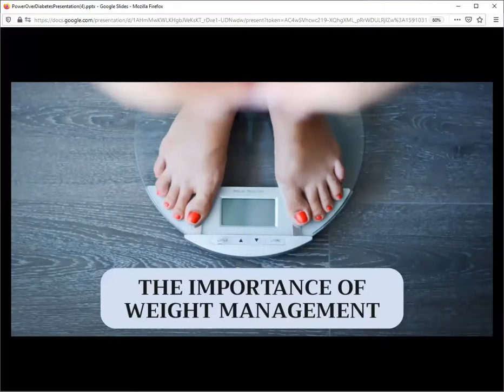So the importance of weight management. Sometimes this is a real fight for folks, and I get it. I get it. And there's always a reason why, right? So as the trend of obesity increases, so does the diabetes epidemic. This is no coincidence. Food choices and movement are a large piece of this, but not all. The why behind this trend is different for each person.